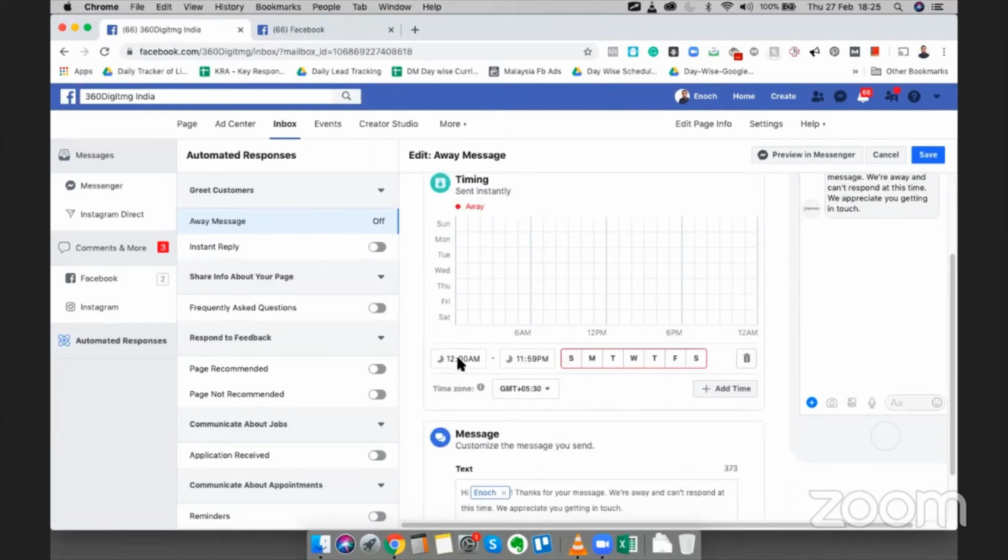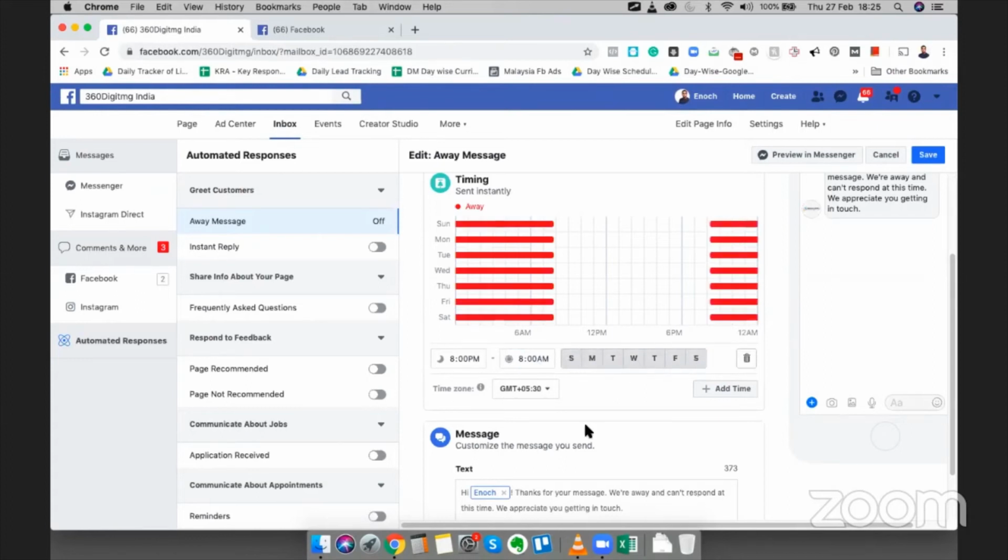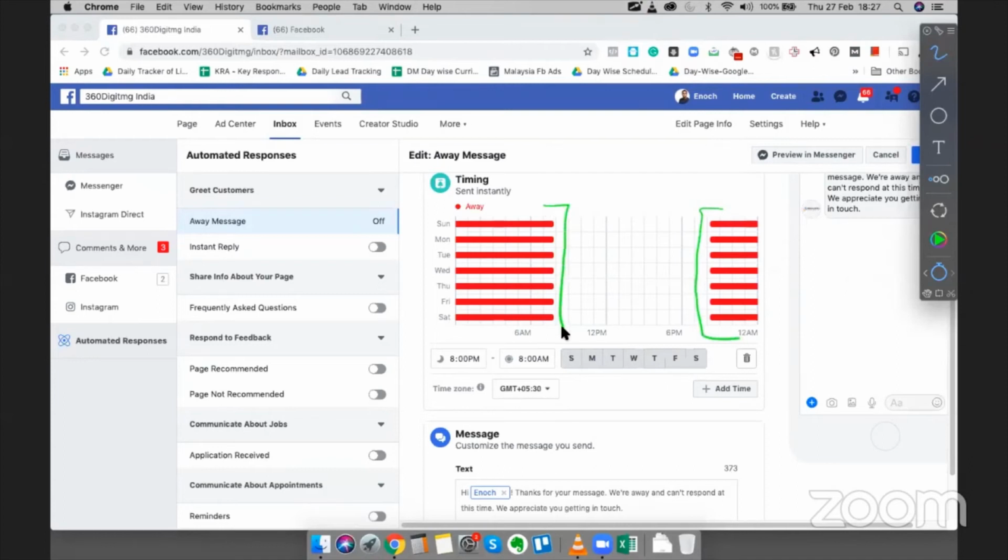It's GMT, and let's say we are away from 8 p.m. till 8 a.m. So what this means is, any message that we get from 8 p.m. in the night till 8 a.m. in the morning, they are going to get this message that, hey, we are away and we can't message right now.